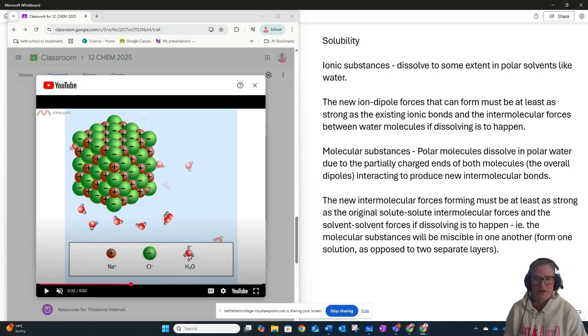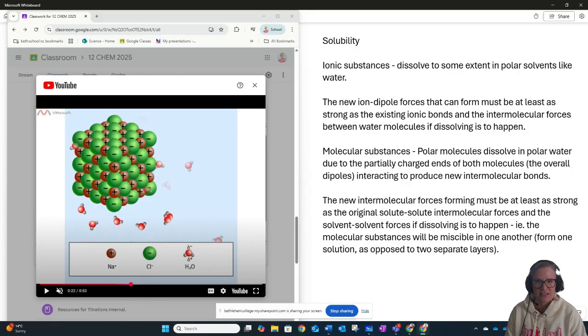This is a short tutorial on solubility as it is taught in the Level 2 NCEA curriculum. Ionic substances dissolve to some extent in polar solvents like water. And in order to explain this, we have to consider the existing forces both in the ionic lattice and between